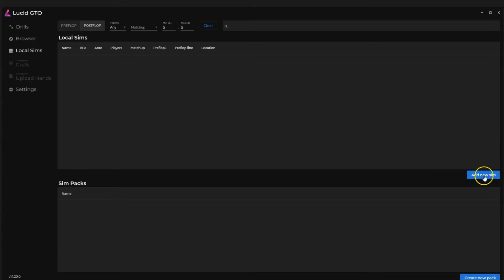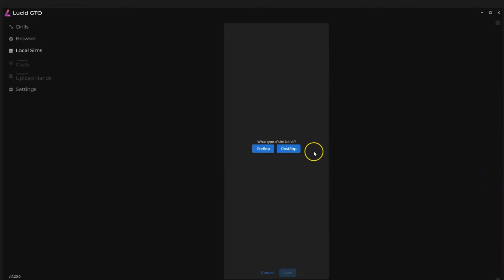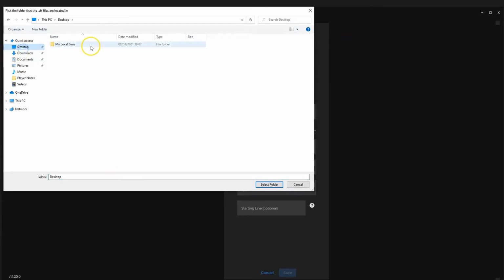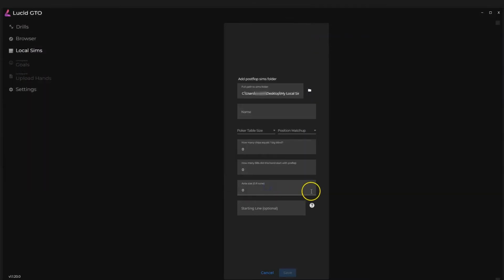When you want to add the sims, simply click down here on the right, add new sim, and you're going to be asked whether it's a pre-flop or a post-flop sim. We're going to select post-flop in this instance, and then we need to navigate to the path where our sim is located. For me, that is here. Find the folder, select it, and here we're going to call this example